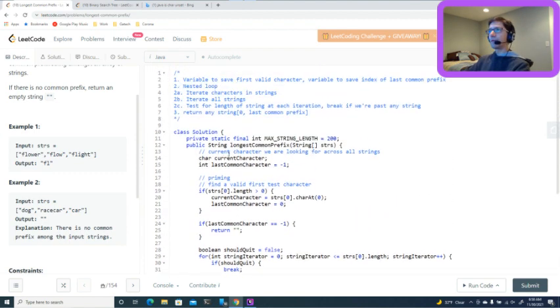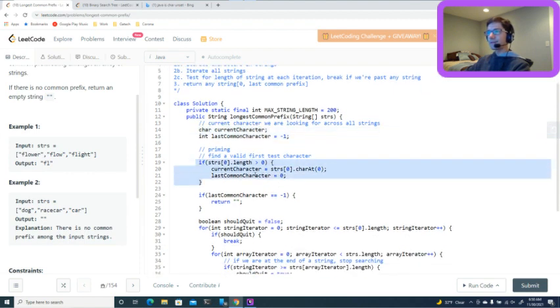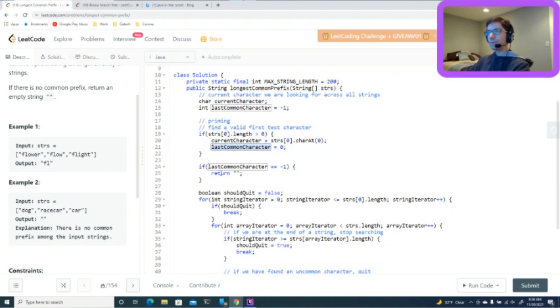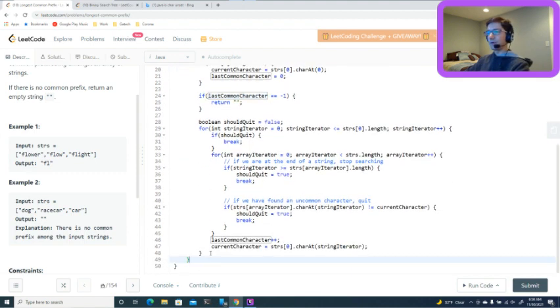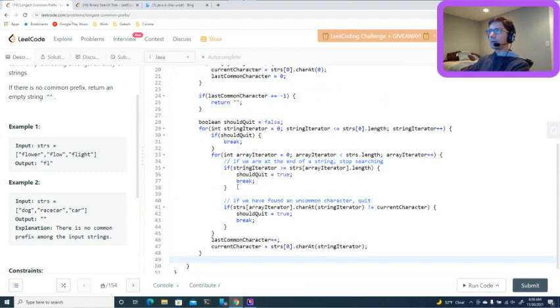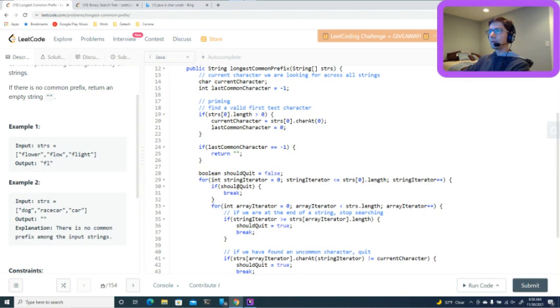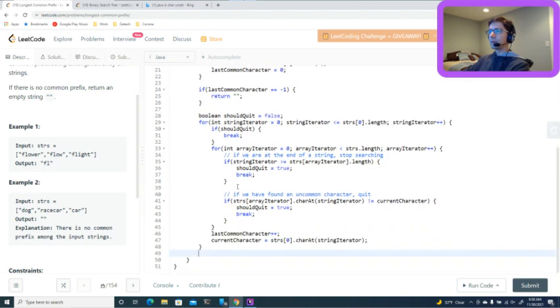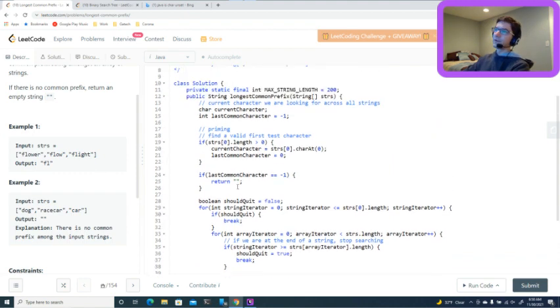Okay, let's just do a scroll through and see if anything looks out of place. That should be fine. Priming makes sense to me. Last common. That might be a bit of a poorly named variable, but I think that's fine. Oh, and then we need our return values. So then, at this point, I know that I've found. So now I'm trying to think through. So I need to grab